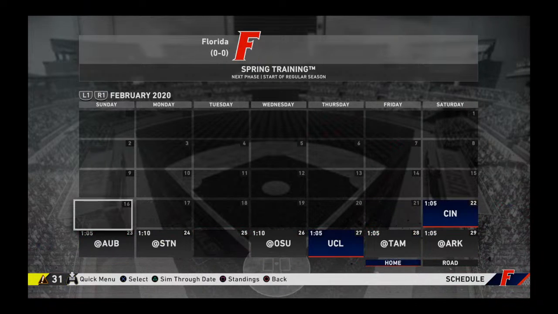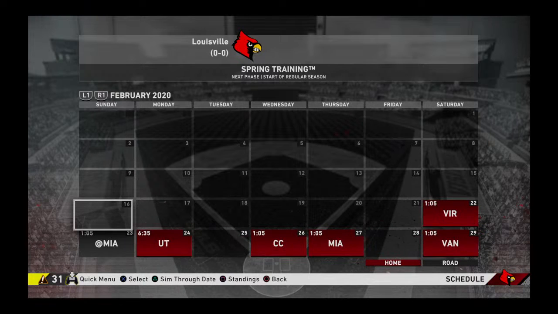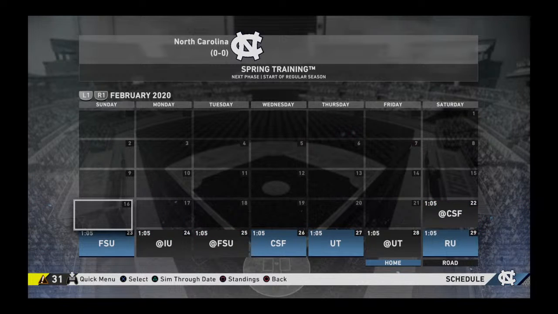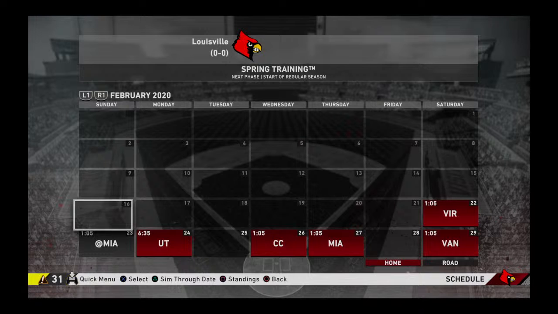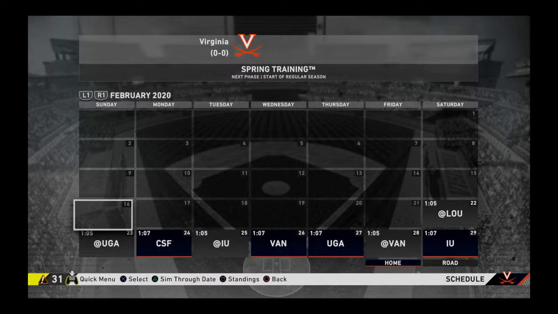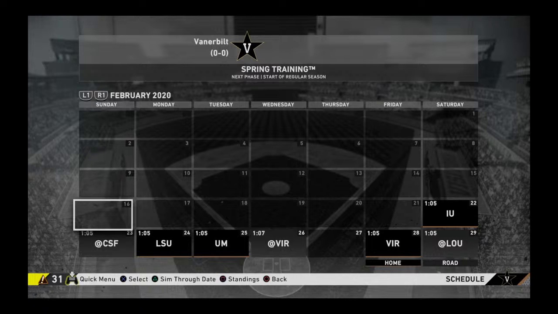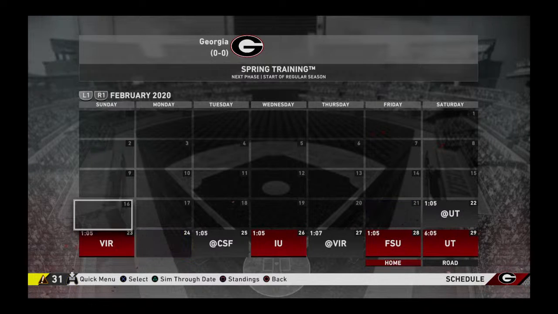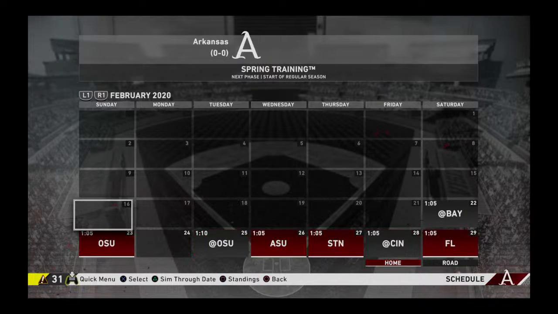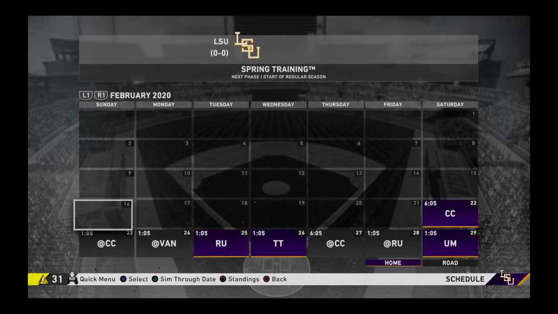Let me go back. We have North Carolina, Florida State, Louisville, Miami, Virginia, A&M, Florida, Vanderbilt, Auburn, Georgia, Ole Miss, Arkansas, Mississippi State, Alabama,